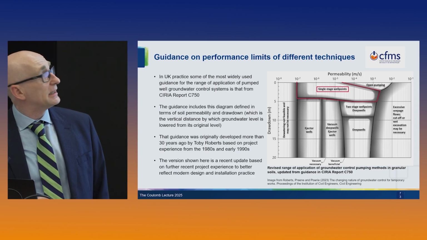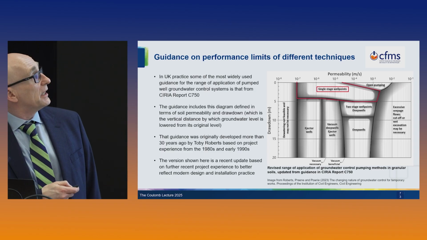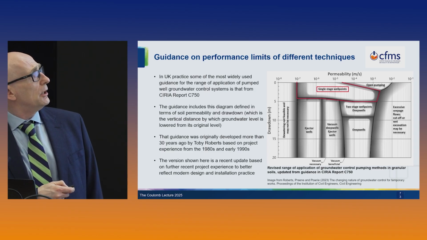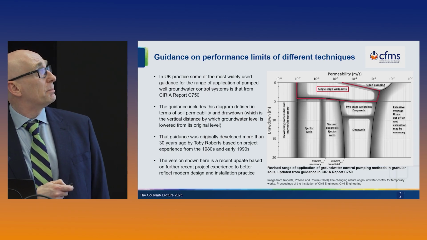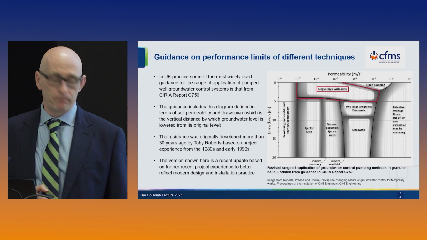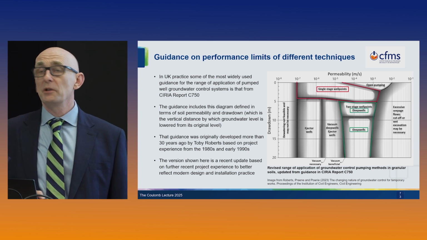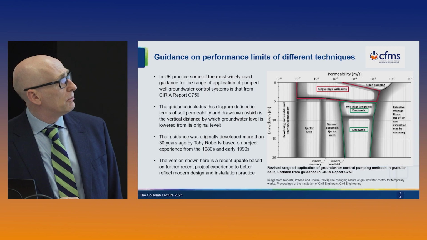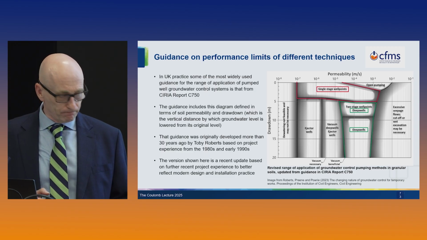So for example, single stage well points, which is a quite commonly used technique. This identifies that, broadly speaking, they're for drawdowns down to around about 5 meters. You get a little bit less drawdown if the permeability is low, and they're broadly applicable from 10 to the minus 7 meters per second up to maybe 2 times 10 to the minus 3. As another example, the deep well method, which is where we have a bored well with a submersible pump, they operate in a rather narrower permeability range and greater drawdown.